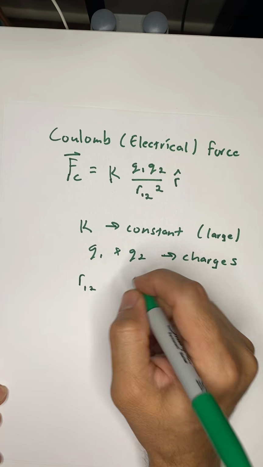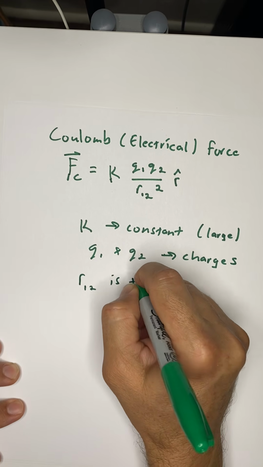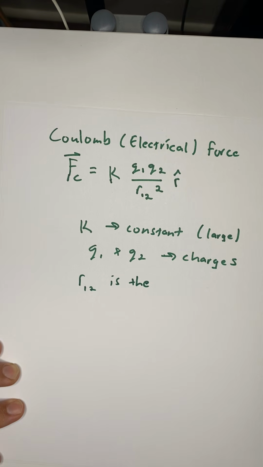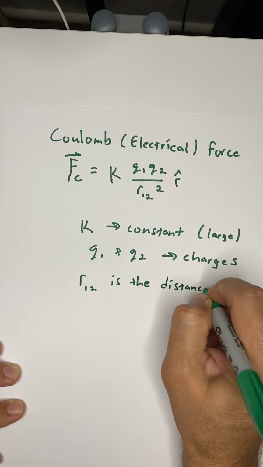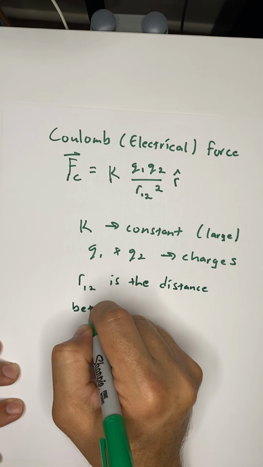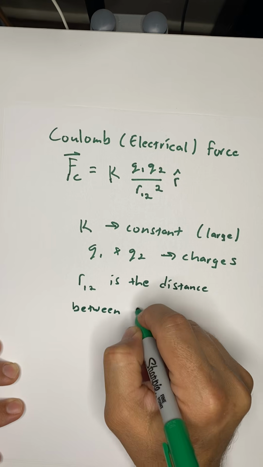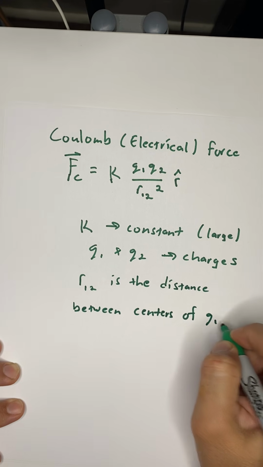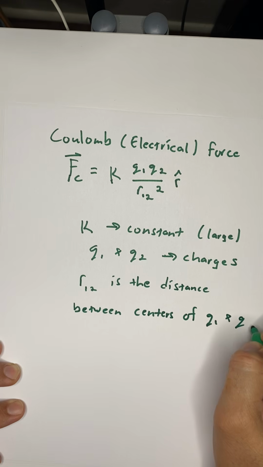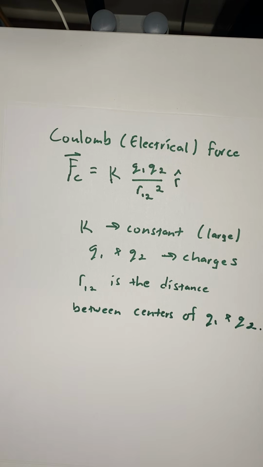R1,2 is the distance. You will be tempted to read R as a radius. It is not always a radius in this course. We will use it as a placeholder for a distance. It is the distance between the centers of Q1 and Q2. I have to write the centers because if you think back to Physics 1, you proceeded